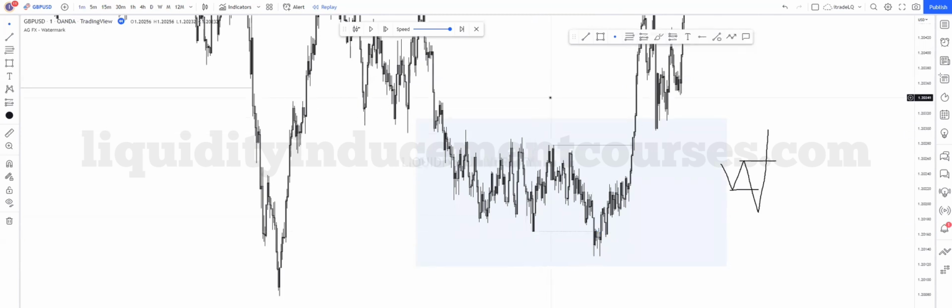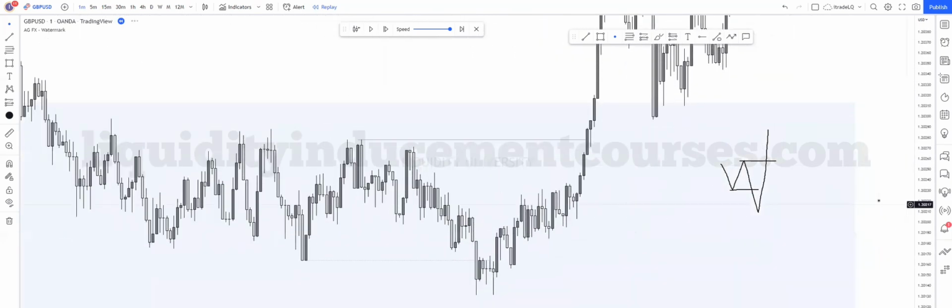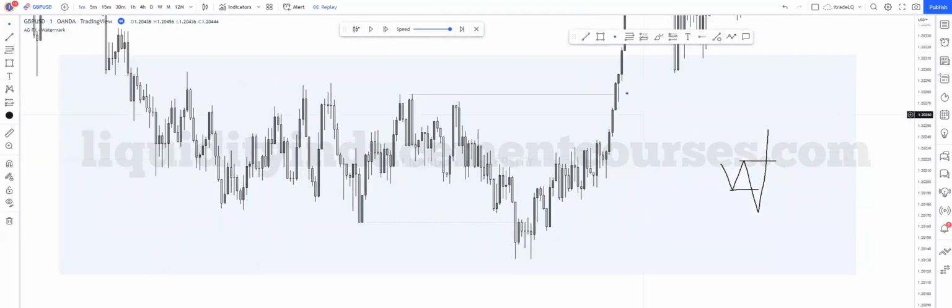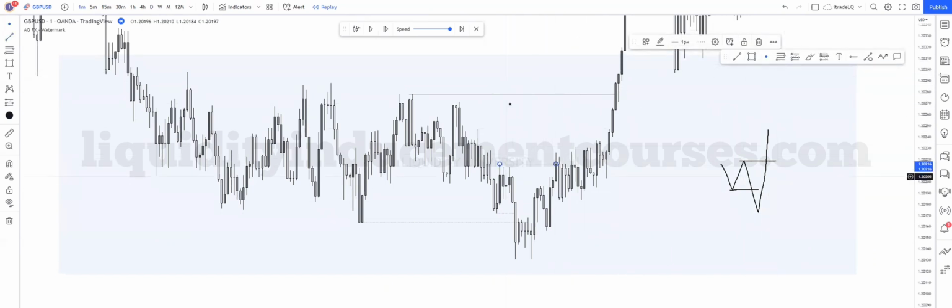Now remember, there are patterns within patterns, or in other words, structure within structure, right? So if we look closely, we see the same pattern right here. Run of liquidity. And now we have, let's say, a structure break right here. It's the same pattern inside of a bigger pattern. Do you see that? Fractal,